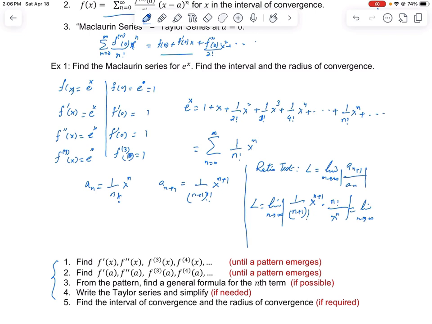The (n+1) factorial is bigger, so we will open this one. We will be left with (n+1) times n factorial. The n factorial will get cancelled with that. So I will have just n+1 left at the bottom and then x on the top. When we take the limit, this limit goes to 0. So what does that mean? It means that no matter what value of x you have, it is always going to converge. So in this case, the interval of convergence